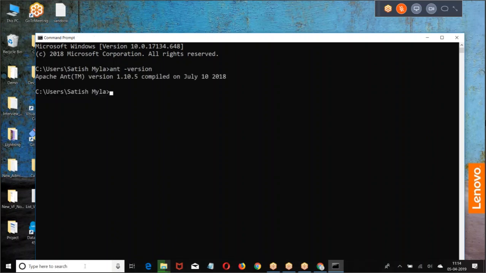So Java should be installed and downloaded. Set the path of Java, set the path of ANT, then we are going to create package.xml, build.properties file, build.xml file.